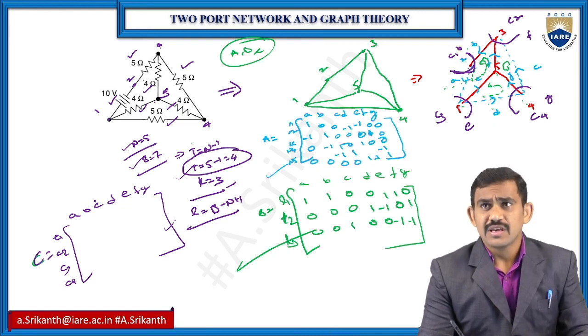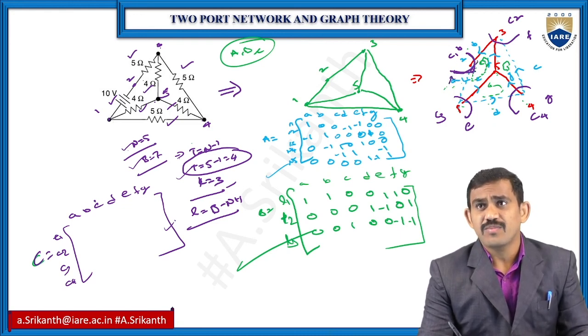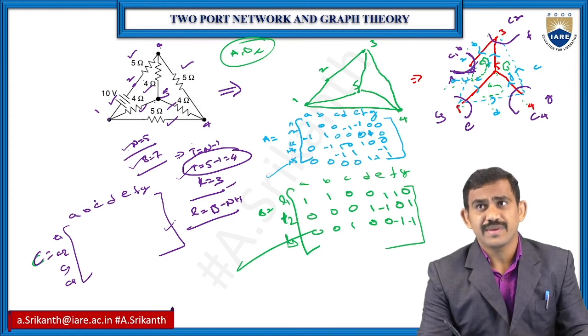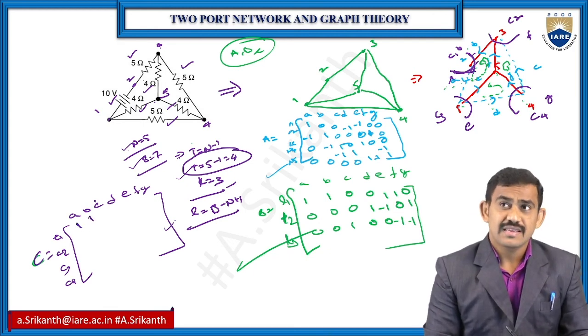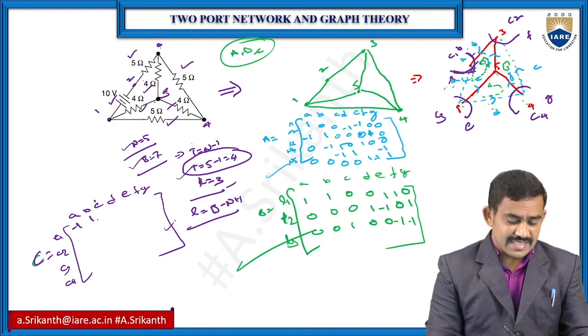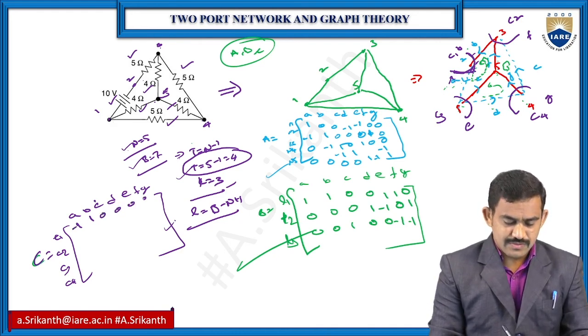So B tree is incoming. Here incomings are positive. We have only 2 branches. A, B is incoming, but A is outgoing. So we have only 2, so no need to worry about that. At C1, I have only 2 values, A and B. So B is incoming and D is outgoing. A is outgoing. So remaining are 0.